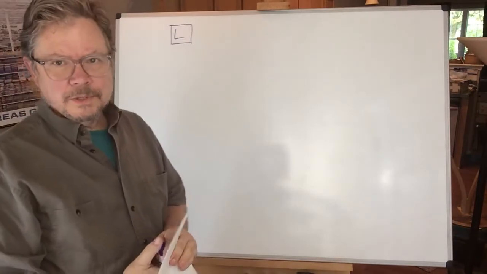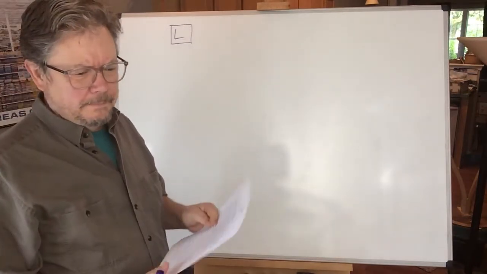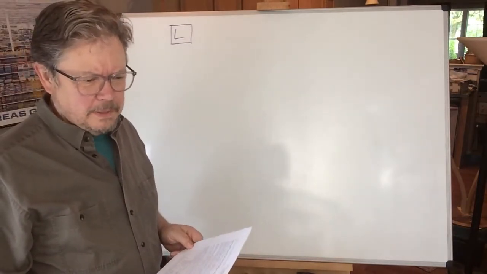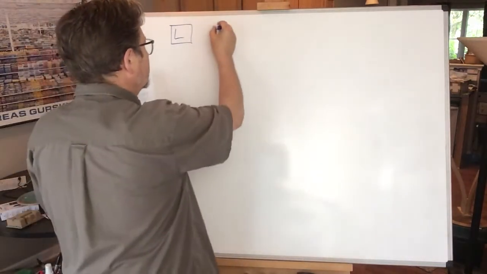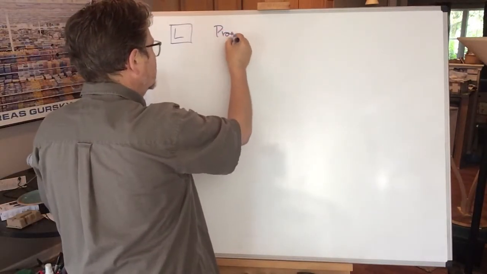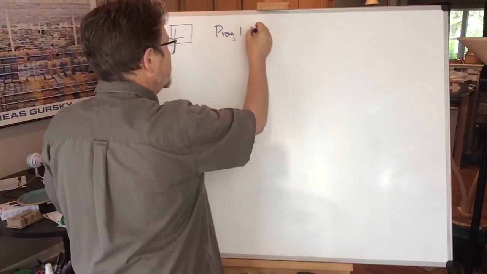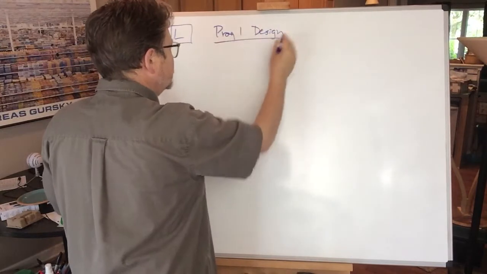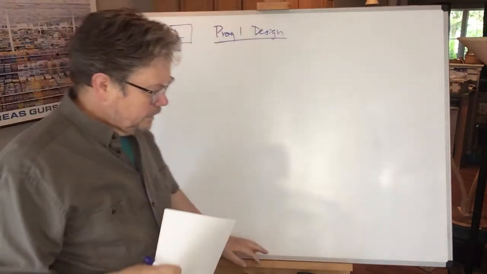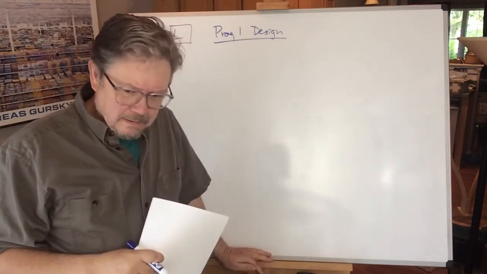The video that wasn't meant to be. I ran into sort of a timing problem on this. What I'm going to do is talk about Program 1's algorithm design. Program 1, I'm just going to call it Program 1 design. And the reason this shouldn't have been a video is this discussion we're going to have, it's a strange color